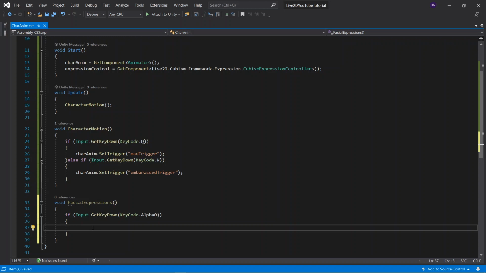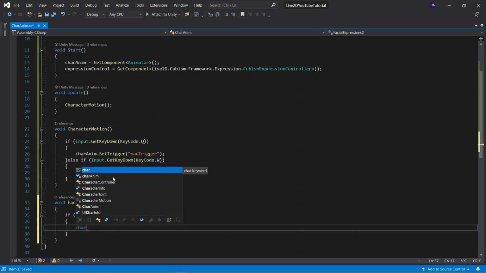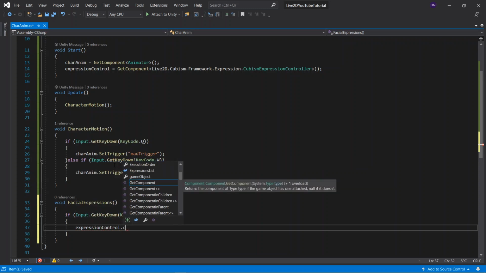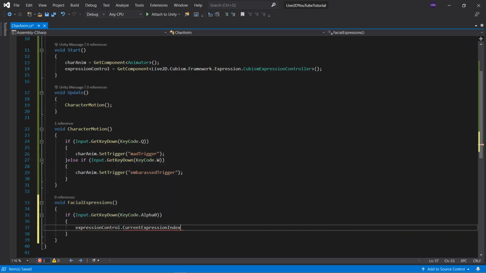So I think it was expression control dot current expression index, which I believe is an integer, yes. So int index is equal to 0, semicolon,